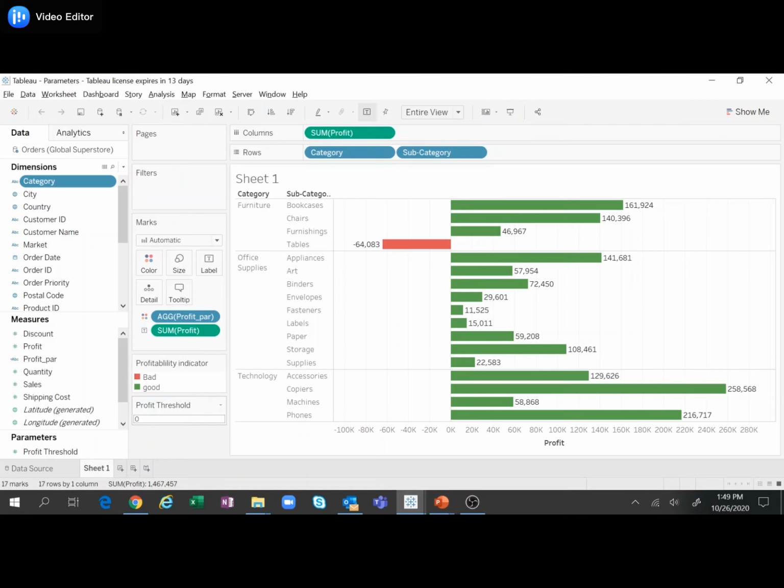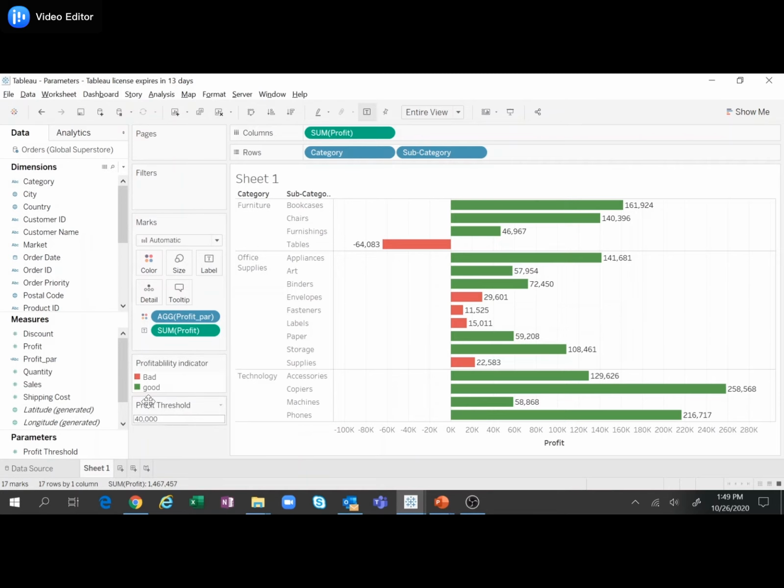So right now the threshold I have kept is 0. If I want to increase this threshold to, let's say, 40,000, the chart will automatically be able to identify how many of the subcategories are less than 40,000 and how many are greater than 40,000.